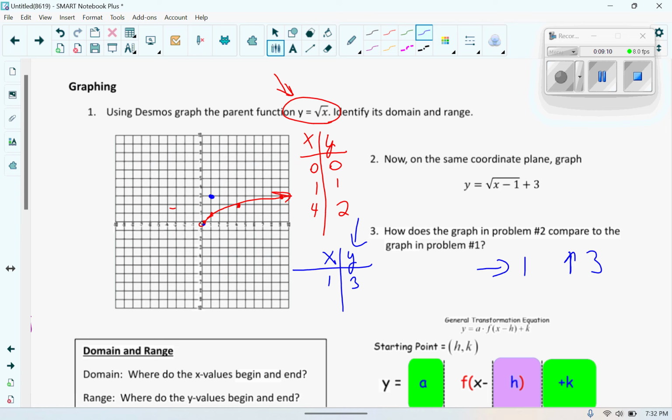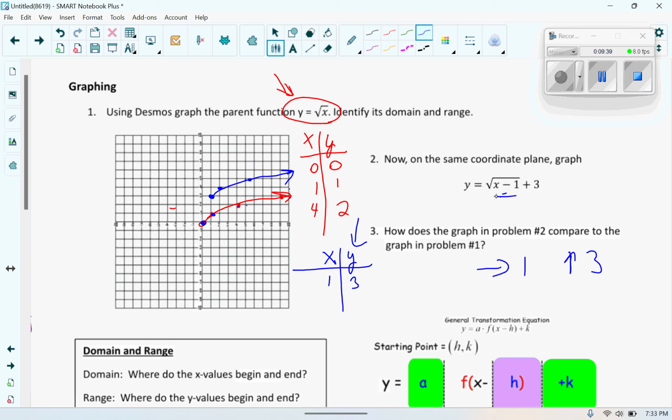If I move this point to the right 1 and up 3, it's going to go there. If I move this one to the right 1 and up 3, it's going to go there. And this one, right 1, up 1, 2, 3, it's going to go there. So again, I'm just moving it. I'm transforming it, just like